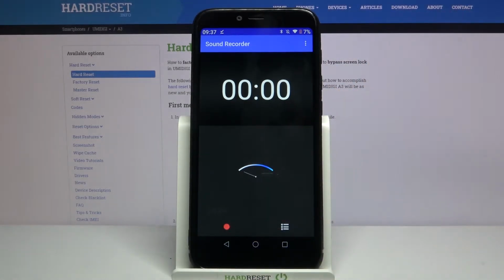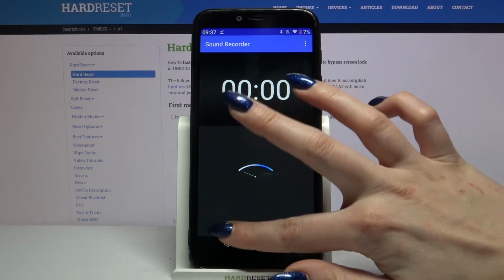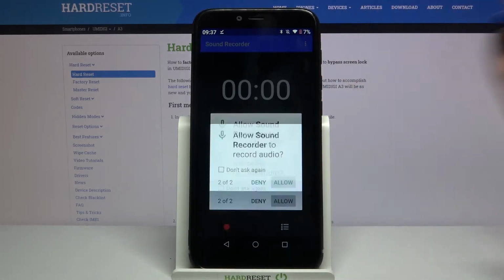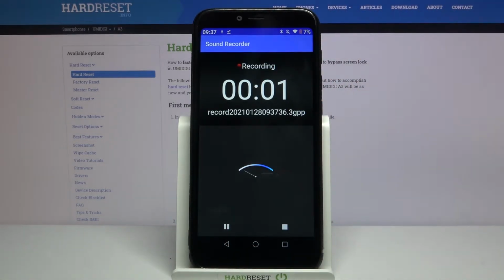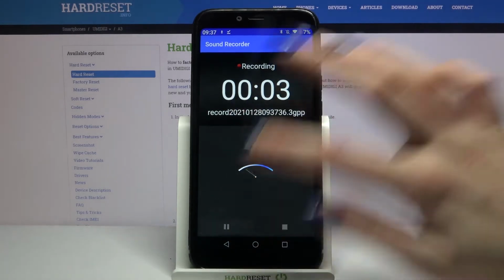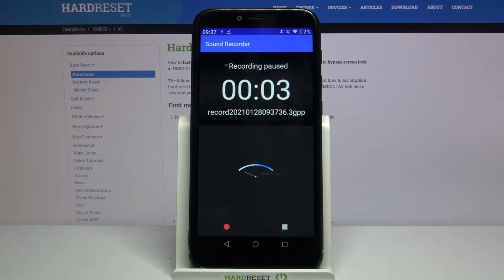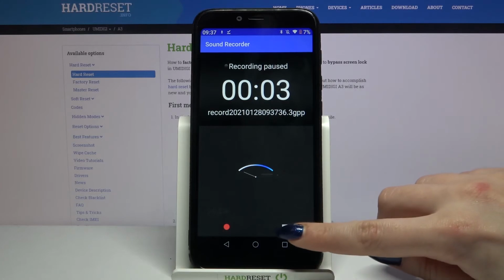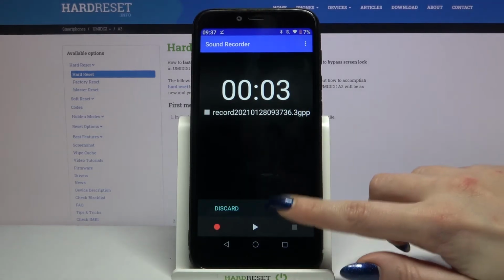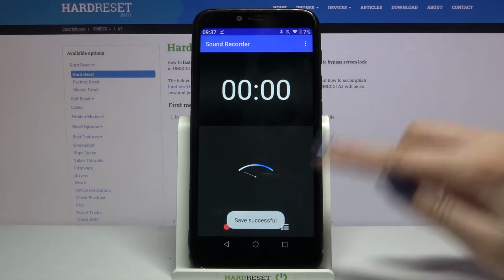Then click on the red button, tap allow and then your recording will start. If you wanna pause it, click on the same button. Now to save and end your recording, click on the square button, choose save and click on the same one